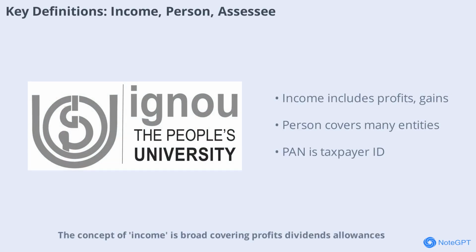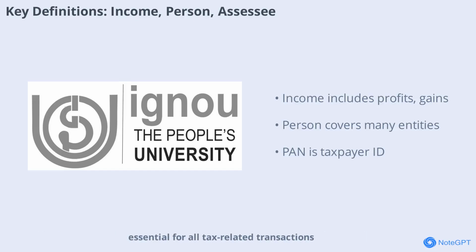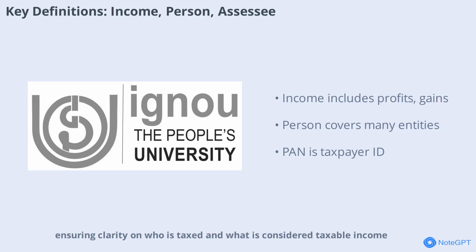The concept of income is broad, covering profits, dividends, allowances, capital gains, and more, as outlined in Section 2(24) of the Act. Not all receipts are considered income, only those with regularity and a definite source. The term person includes individuals, companies, firms, associations, local authorities, and even artificial juridical persons. Anyone liable to pay tax is termed an assessee, which also includes those responsible for deducting tax or entitled to refunds. The permanent account number, PAN, is a unique identifier for every taxpayer, essential for all tax-related transactions. These definitions form the backbone of the tax system, ensuring clarity on who is taxed and what is considered taxable